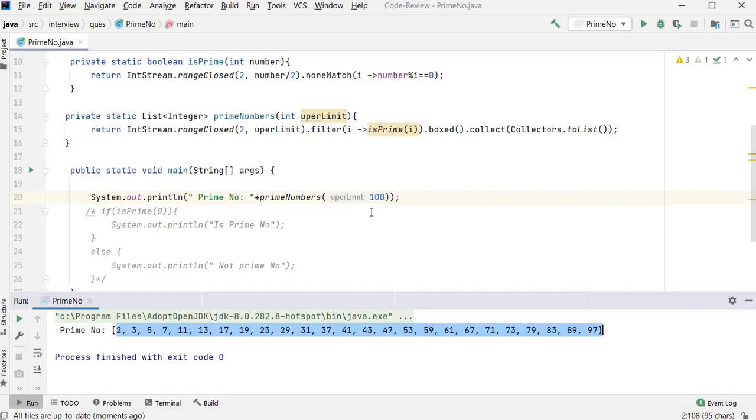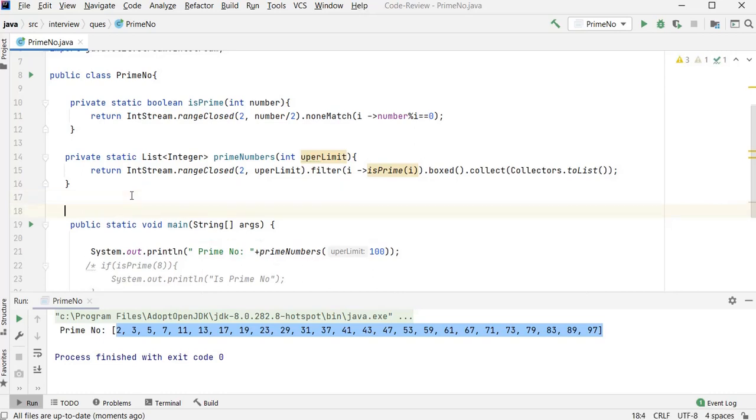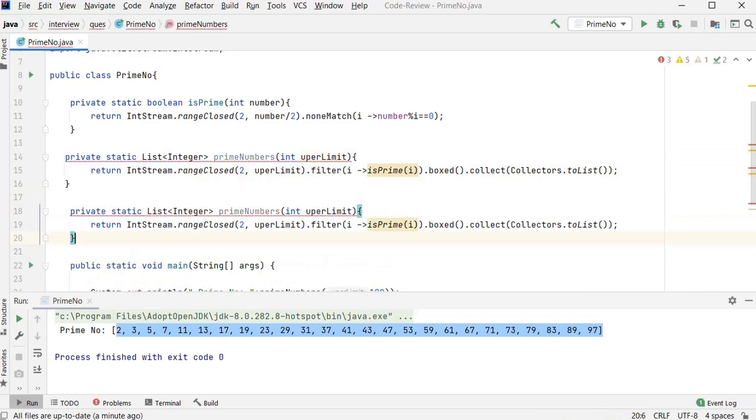Now the second question that can come in an interview: print the prime numbers between two given numbers. Here I'll create one more method. I'll just copy and paste this method signature, or I can copy the entire method, because it's a very small change, I'll tell you.